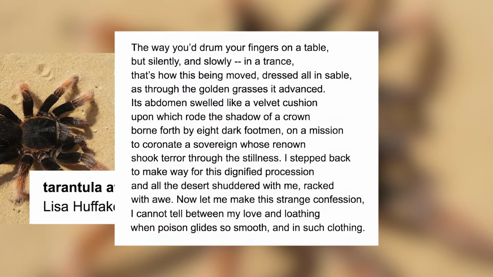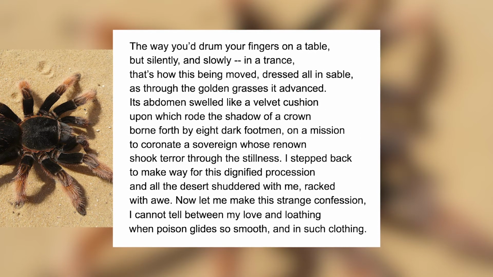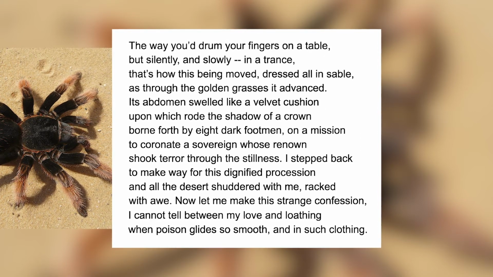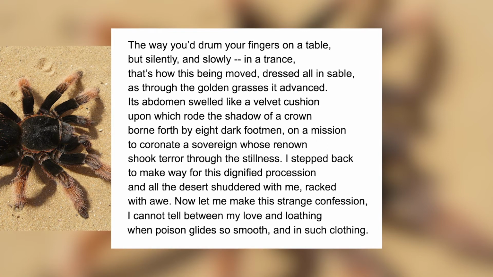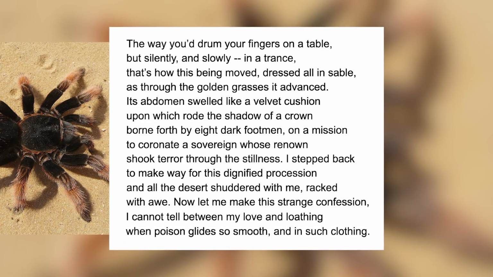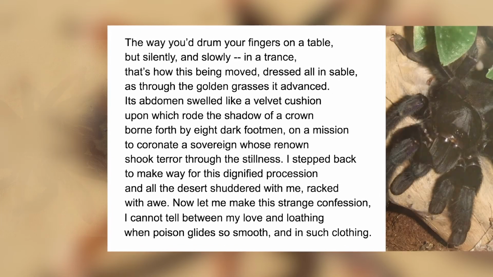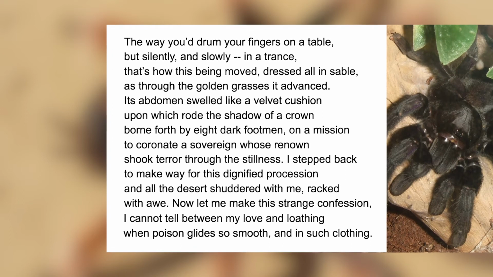The way you drum your fingers on a table, but silently and slowly, in a trance. That's how this being moved, dressed all in sable, as through the golden grasses it advanced. Its abdomen swelled like a velvet cushion, upon which rolled the shadow of a crown, borne forth by 8 dark